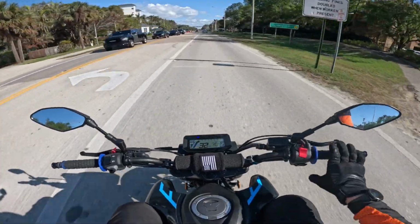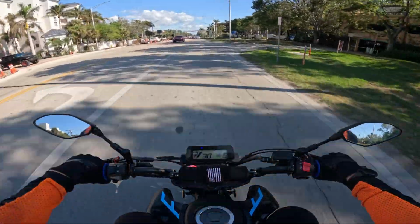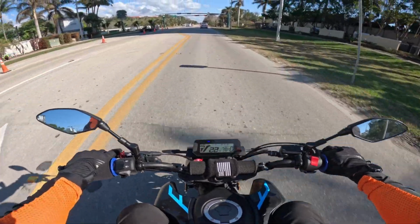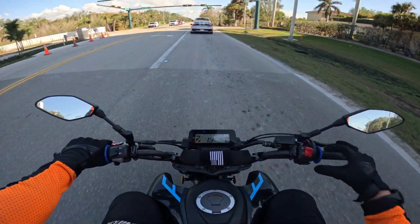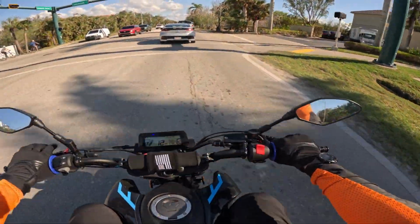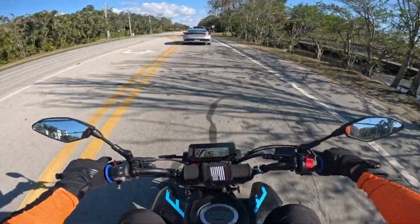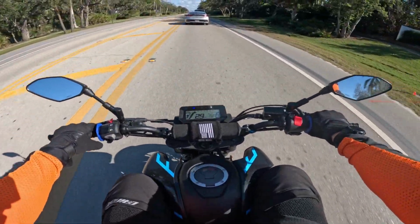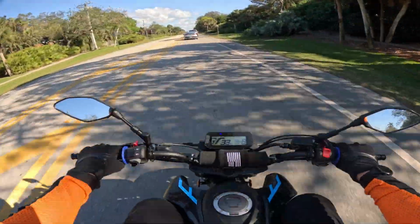unless you feel like you need to go. Here's the thing, once you start going around 70 miles an hour on the Grom, you should be upgrading your suspension, upgrading your brakes, because this thing has very limited brakes and suspension from the factory. All right, and those are not top 5 mods I recommend. I haven't even done those mods, a brake mod or suspension mod, because it requires a lot of work, a lot of expertise, a lot of money, and I don't want to put any more money into this bike at this point. I think I'm pretty much done,